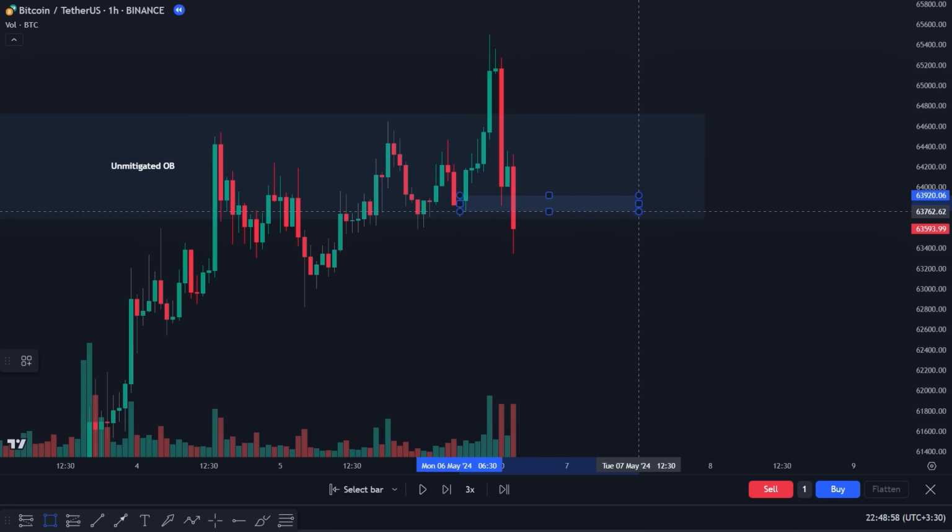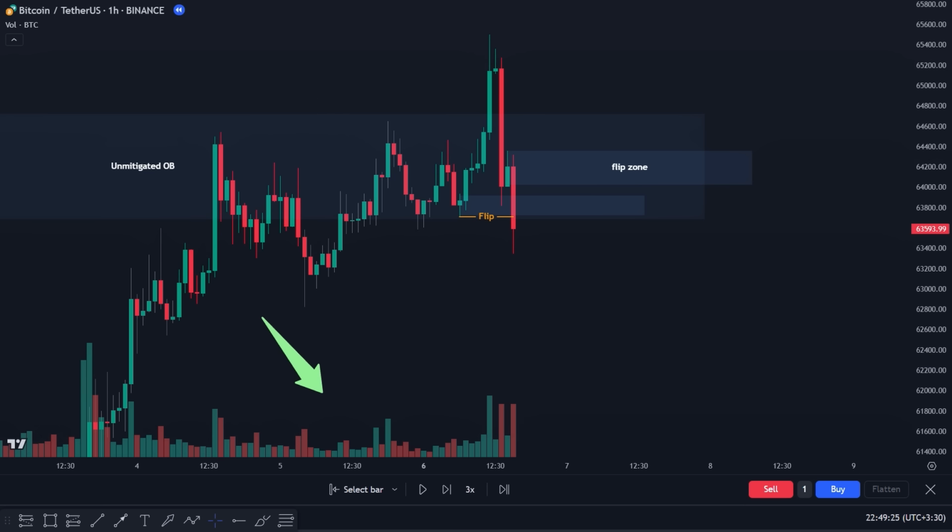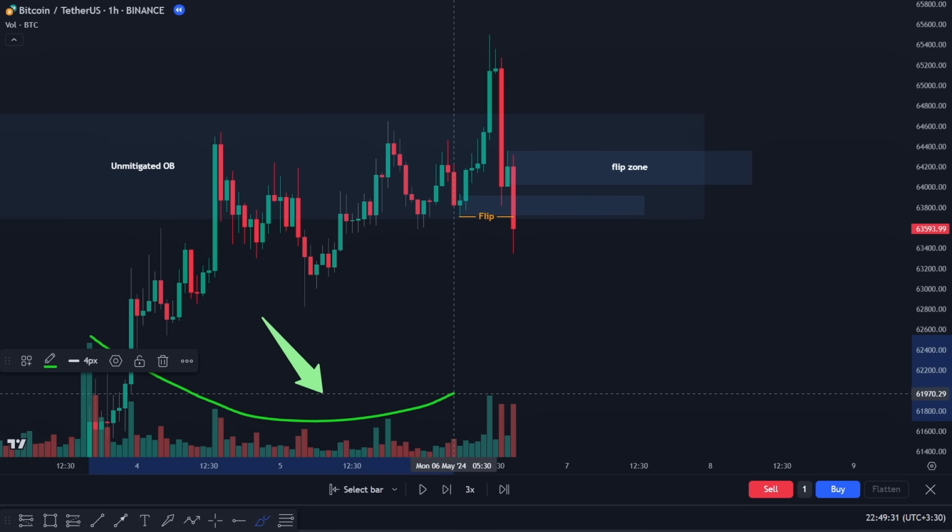Now, as you can see, price was pushed lower, and after a tiny reaction to this demand area, flipped to the downside. So, we have a flip zone, which provides a perfect selling opportunity for us. Once again, if we look more closely at the volume indicator, we can see that a perfect spike has formed. This spike indicates a reduction in buying pressure, along with an increase in selling pressure, confirming that a bearish divergence